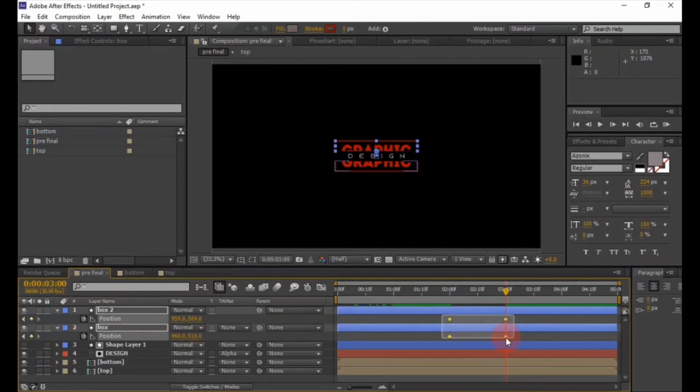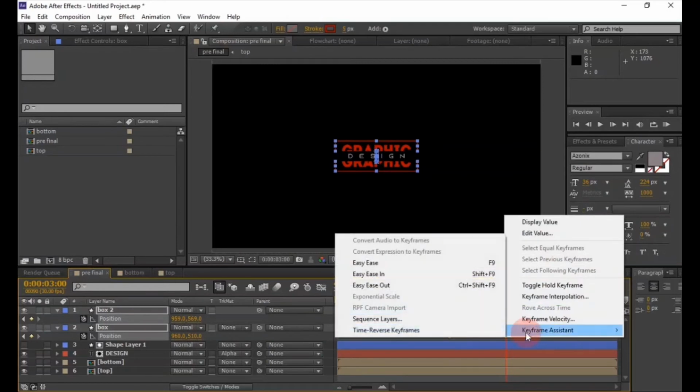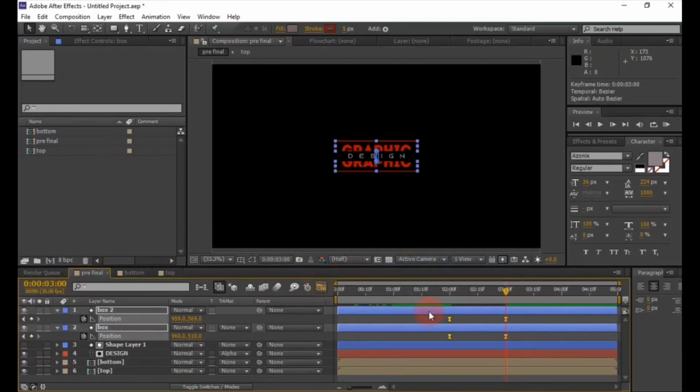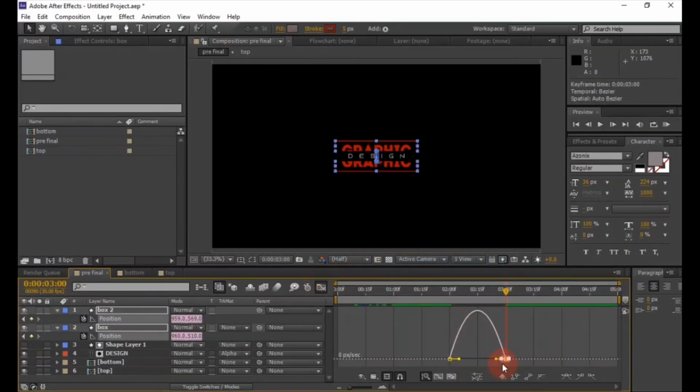Now select all keyframes, then right click on it, easy ease. Now turn to graph editor and change the graph like this.